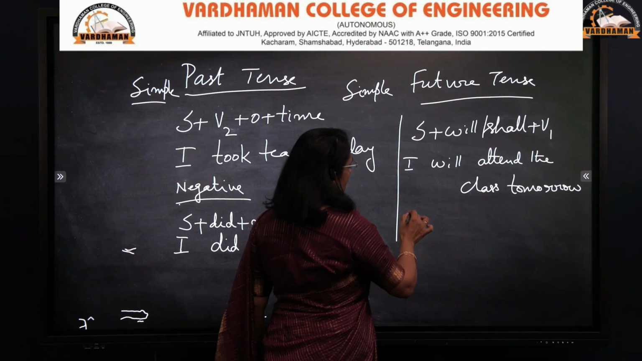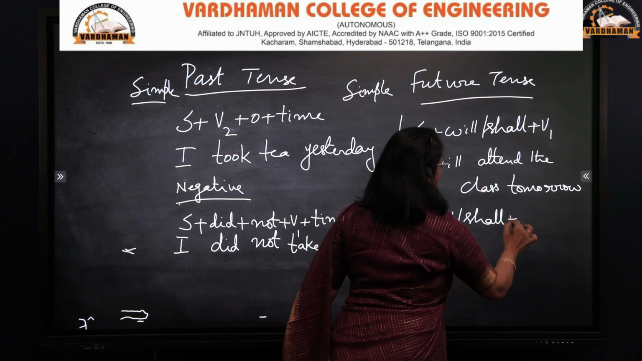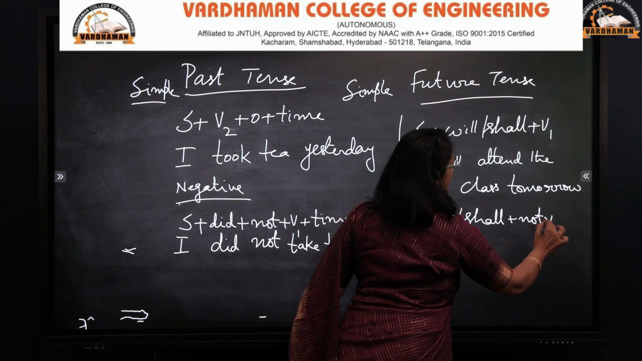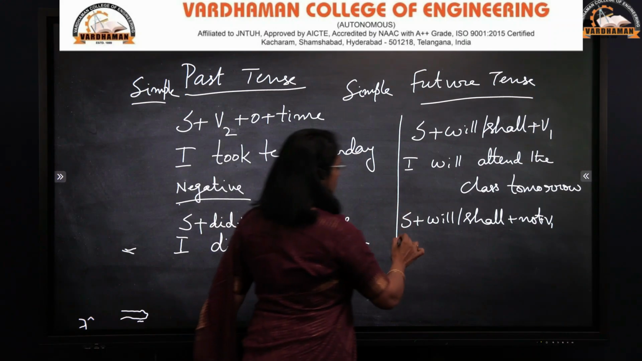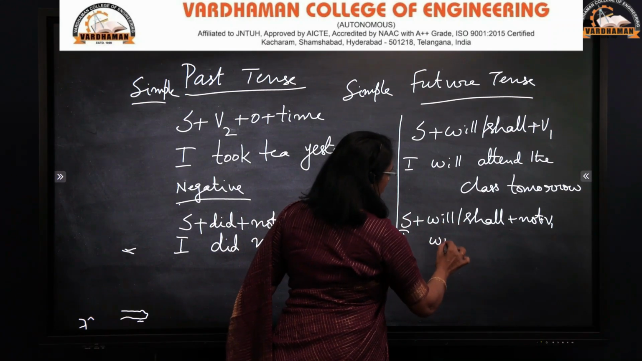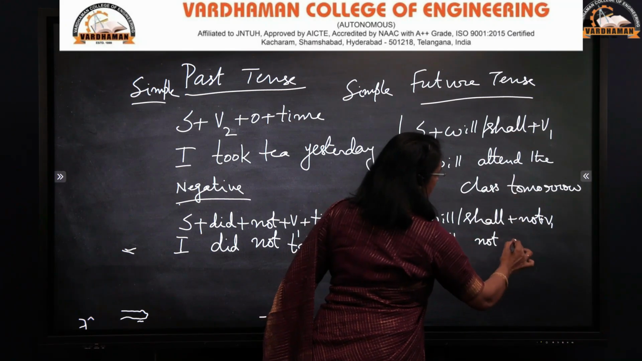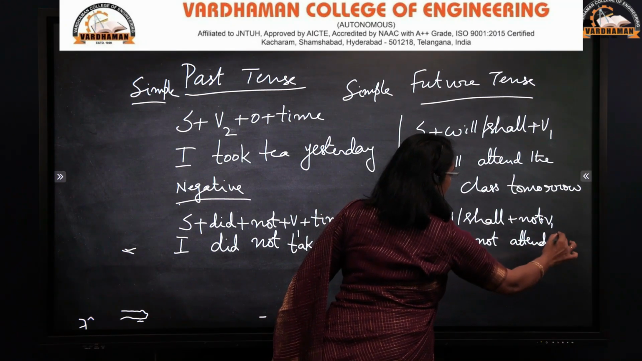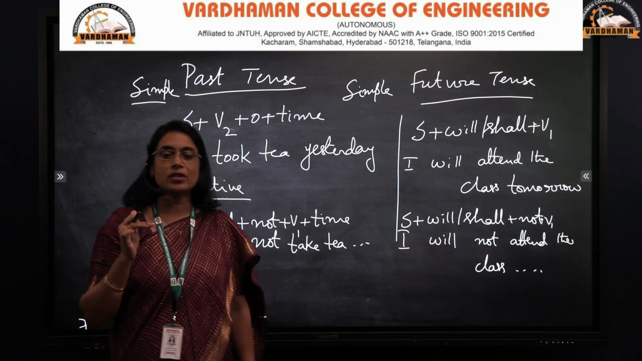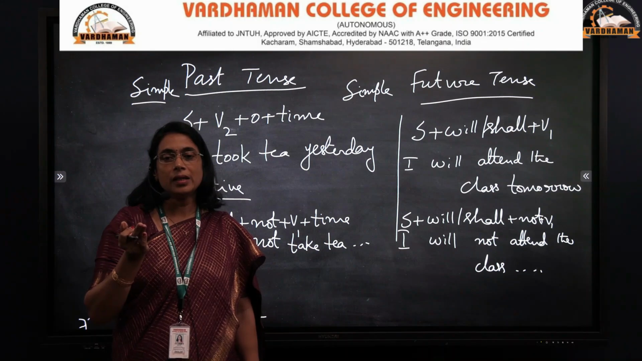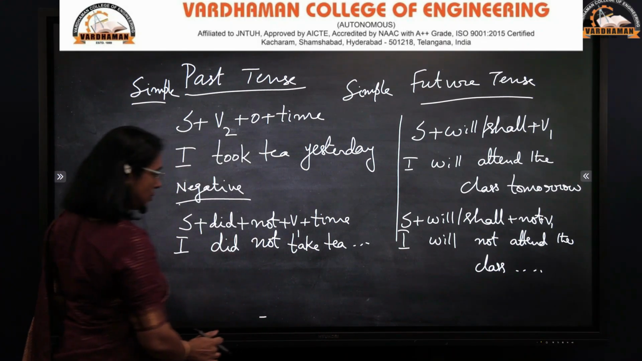Negative sentence for this, subject is followed by will or shall plus not plus V1, object. If you want, you can use it. The same sentence, if you convert, I will, then use not, then attend: I will not attend the class tomorrow. So this is a brief discussion on simple present tense, simple past and simple future tense. Okay. And the next one we'll talk about,